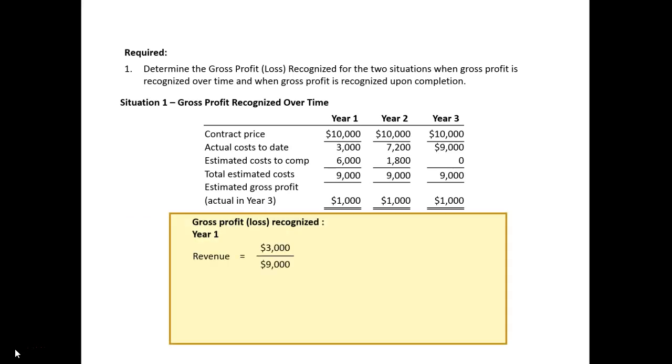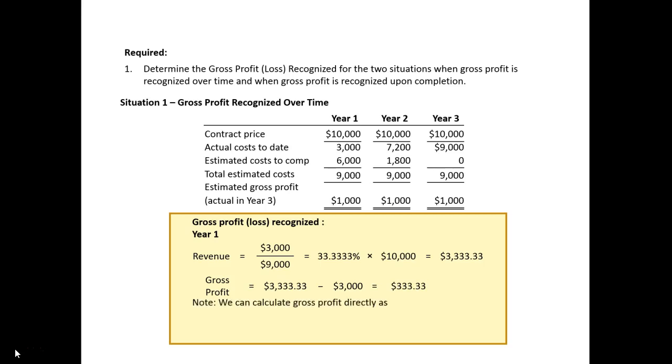Basically, in year 1, we'll take our revenue, which will be computed by the actual cost to date divided by our total estimated cost of 33.33% times the contract sales price to give us the revenue recognized in year 1. Our gross profit is then going to be the revenue minus the costs, or $333,000. So we can also figure the $3 million divided by the $9,000 equals the